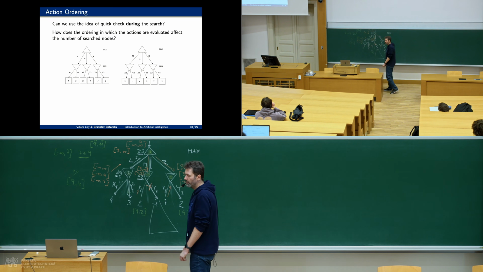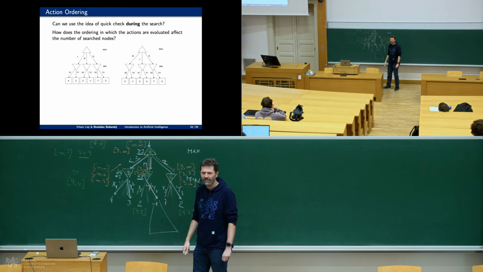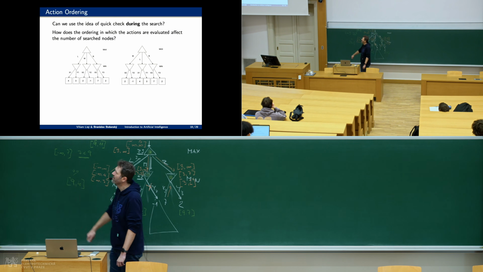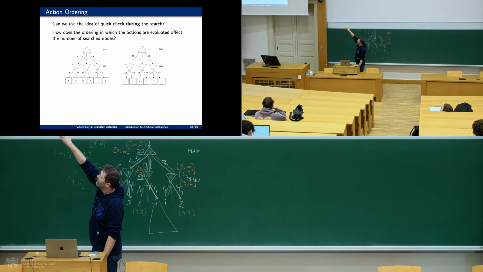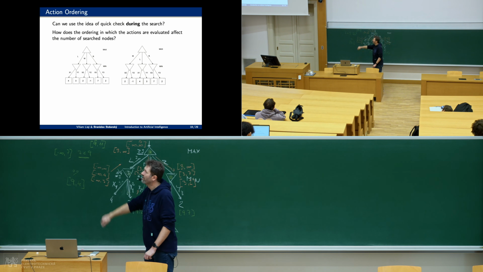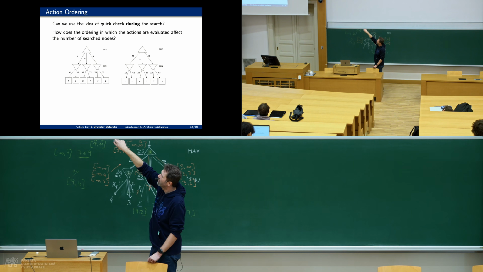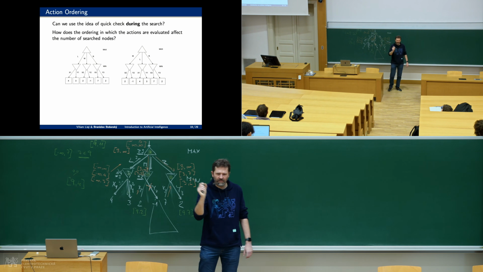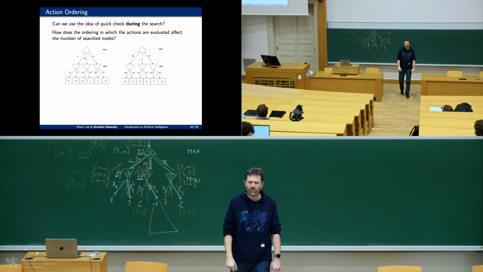The algorithm will not prune anything, right? Because in the first node you will get the value of minus first 2, then minus 1. So the value of here would be minus 1. So you propagate here minus 1, and then you will never encounter any sort of empty interval that would cause the pruning of the